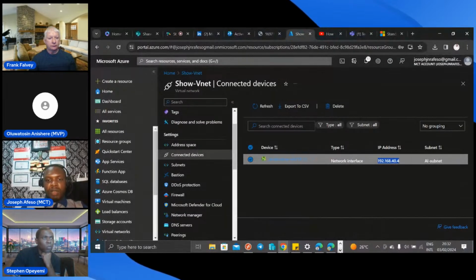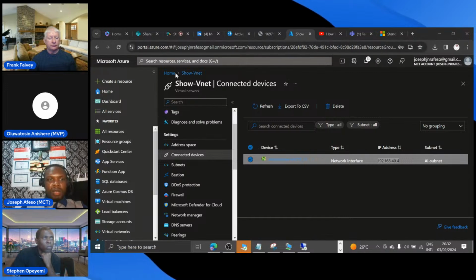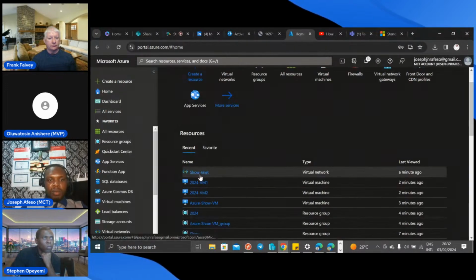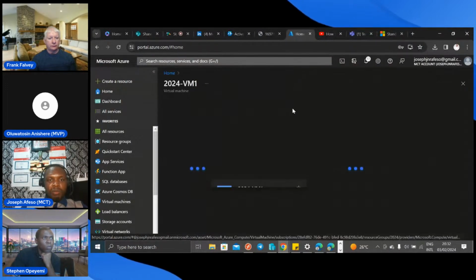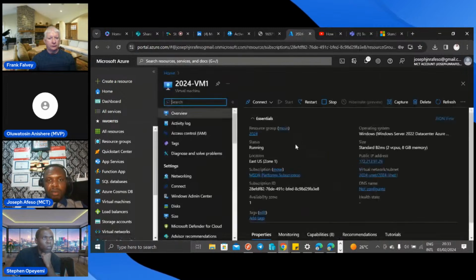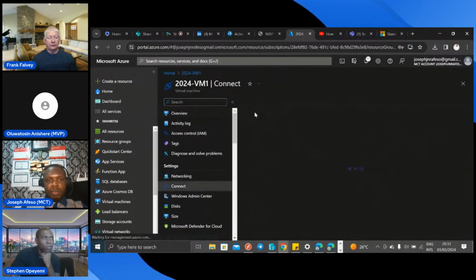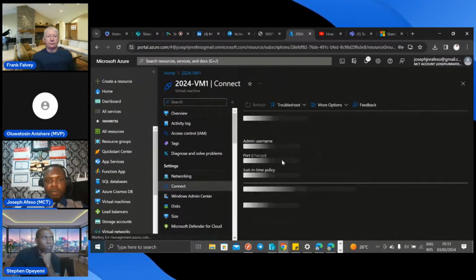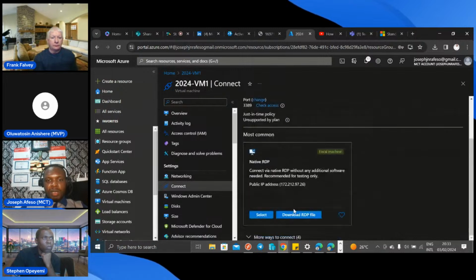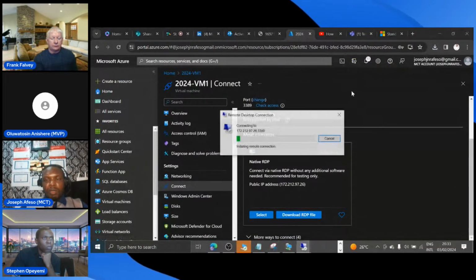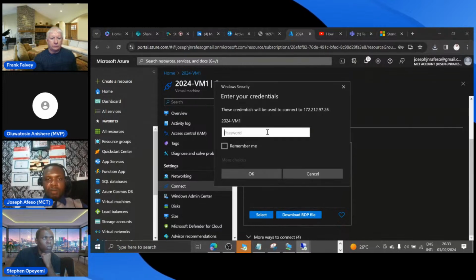To round off, I'll quickly connect to the other machines we have started already, virtual machine 1. This was created outside of this show, so you may just listen through so that you can also try to do the same from your end.